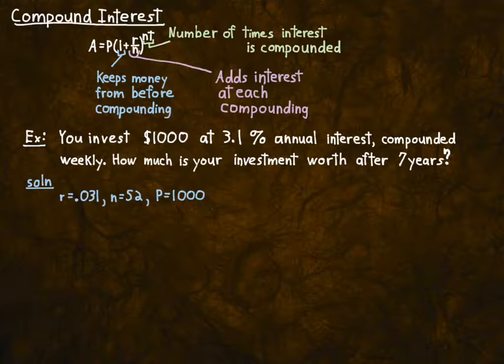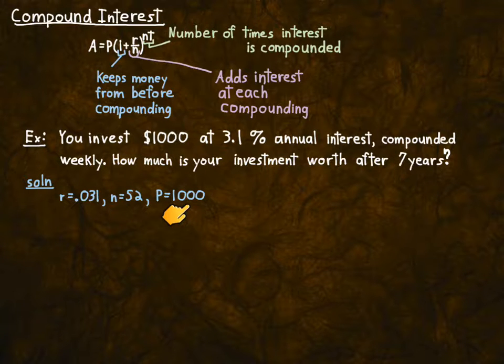N is 52. Why? Because it's annual interest, right? It's annual interest compounded weekly. So how many weeks are there? Annual means a year. How many weeks in a year? 52. Same as the number of cards in a poker deck. 13 times 4. Not 48. There's not 4 weeks in a month. Well, there isn't in a lunar month, but not in a solar month. Okay, so anyway,